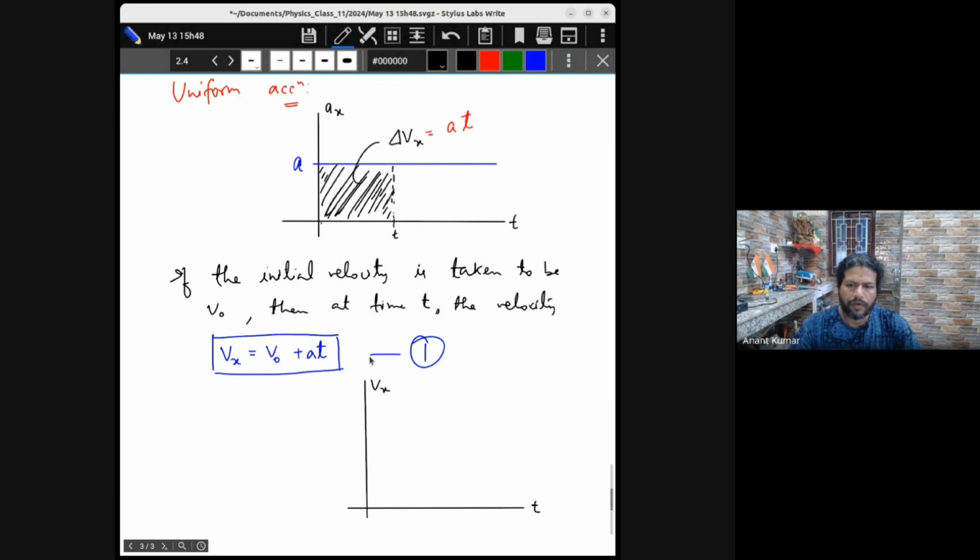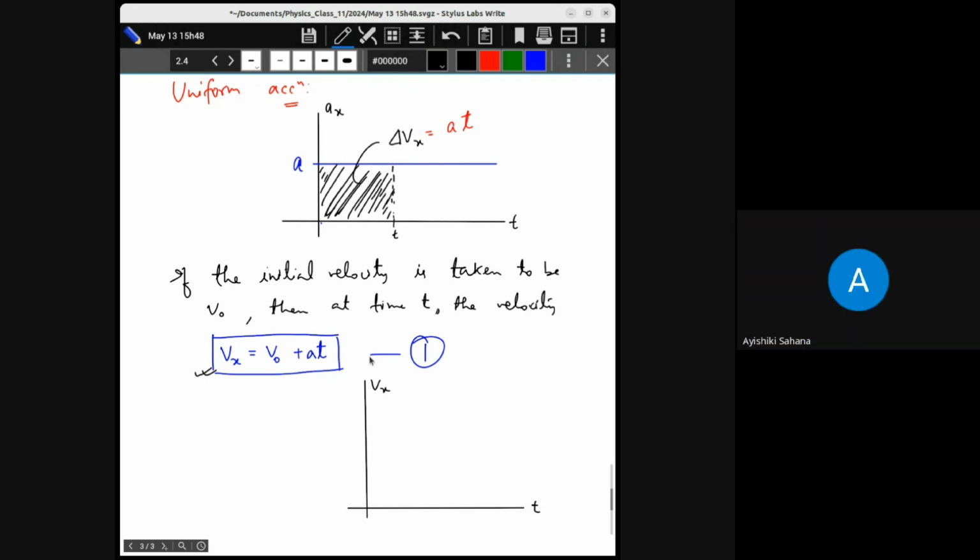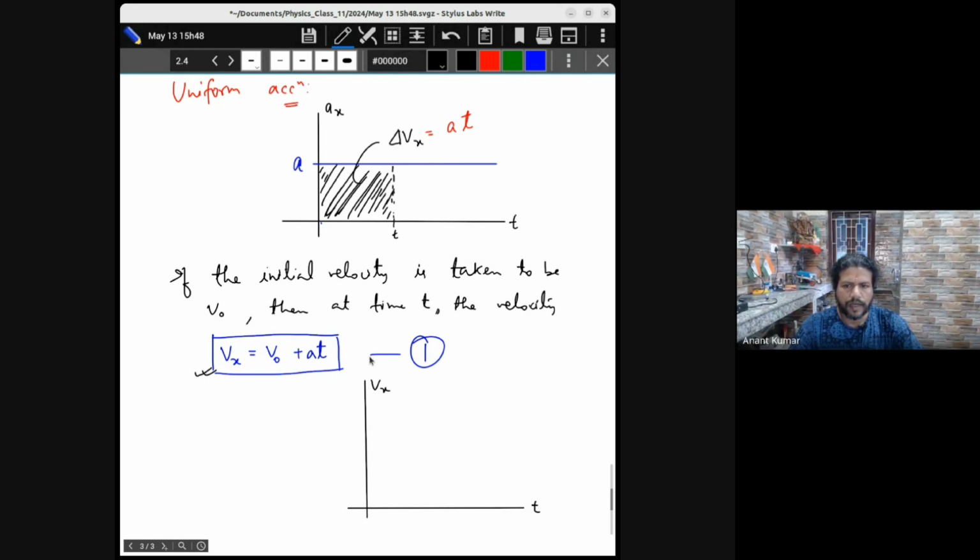क्या लगता है? How will the graph for the velocity versus time look like in this case? V versus t. Sir, straight line. Straight line which is going to be inclined at some angle, isn't it? Slope उसका a है, initial velocity v naught है, so it is a line which is like